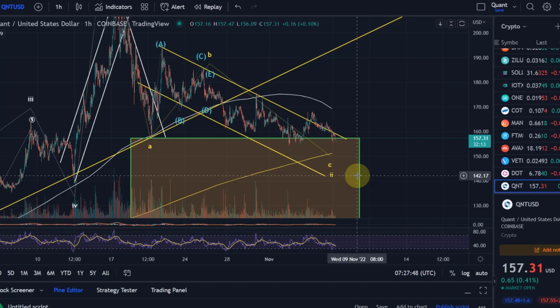My primary expectation, though, would be that we continue with the move to the downside, just because, in my opinion, the wave C is still a little bit too short. However, we've already reached the minimum requirements of this wave 2 correction, which means we want to be ready for a potential move to the upside, which is also why I already added some more QNT to my portfolio after I took profits at around, I think it was, 185 to $188. I think 188 it was, where I took at least partial profits, and I'm now reinvesting that slowly.